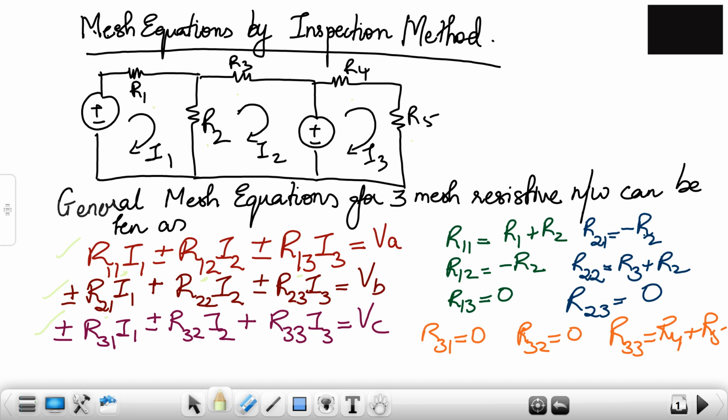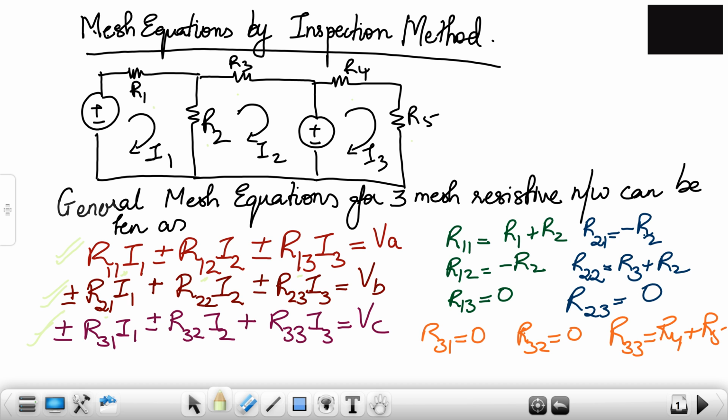This is a 3 mesh resistive network. The general mesh equations for a 3 mesh resistive network are as follows. The first one is R11 I1 plus or minus R12 I2 plus or minus R13 I3 is equal to VA. The second equation is plus or minus R21 I1 plus R22 I2 plus or minus R23 I3 equal to VB. And the third equation is plus or minus R31 I1 plus or minus R32 I2 plus R33 I3 is equal to